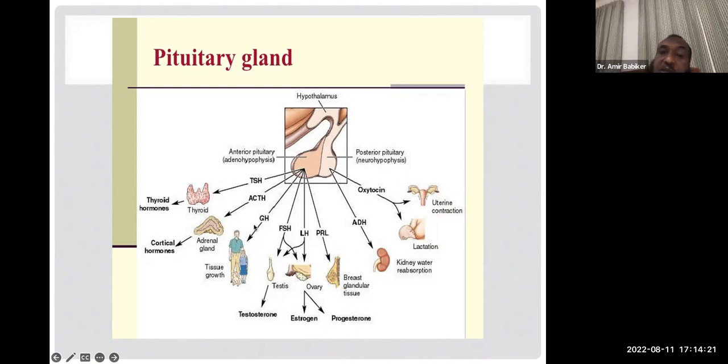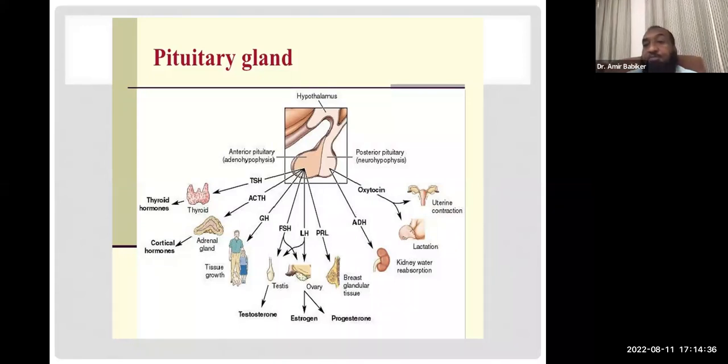Then growth hormone is directly secreted from the anterior pituitary from the somatotrophs. That helps the growth of the tissues, especially the long bones, linear bones. Then we have the gonadotrophins, LH and FSH, secreted from gonadotrophs. That's why we have 5 cells and 6 hormones. The gonadotrophs, acidophilic and basophilic, secrete the LH and FSH. And then the lactotrophs secrete the prolactin.